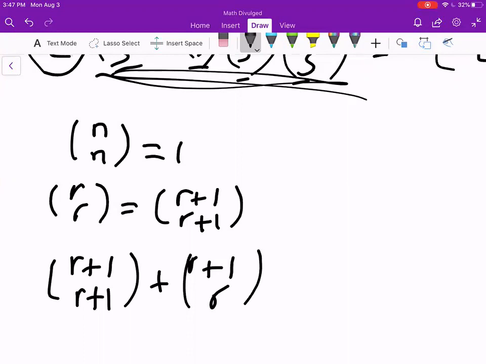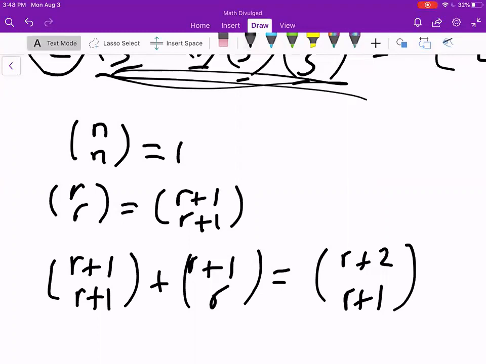So by using Pascal's identity, this is equal to r plus 2 choose r plus 1. This is strictly from Pascal's identity from before. So now that we have this term,